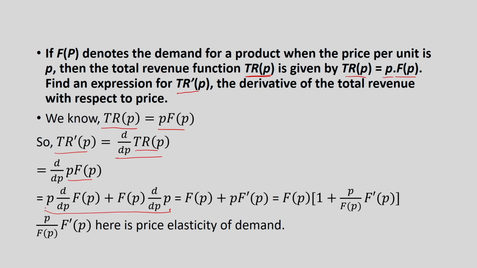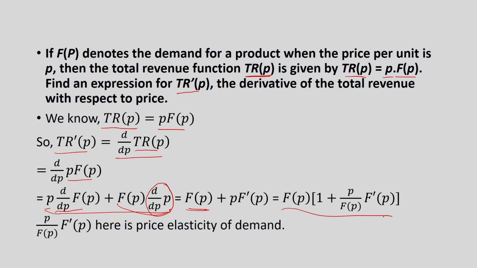We take out p here and differentiate f(p) with respect to p, plus f(p) multiplied by dp, that is the derivative of price with respect to price, and this will give me f(p) from the second term. We are going to get f(p) because this is 1, plus p multiplied by f prime p. f prime p is the derivative of the demand function with respect to price,